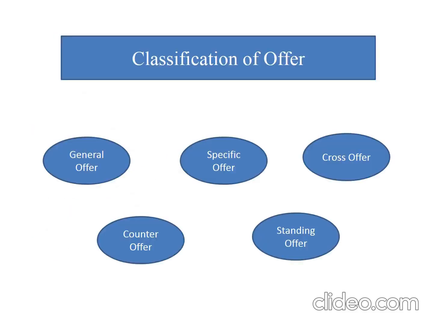So here we have seen the legal terms associated with the offer. If you want to classify the offer, there are certain classifications like general offer, specific offer, cross offer, counter offer, and standing offer. I think I have discussed all these terms with you. The standing offer means the offer which is open with a particular cutoff date. Like when a company wants to issue shares to the public, it gives one particular cutoff date till which it will receive applications. Up to that date, it will be a standing offer.